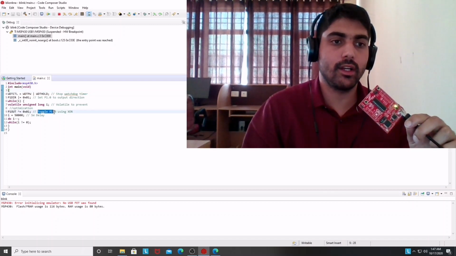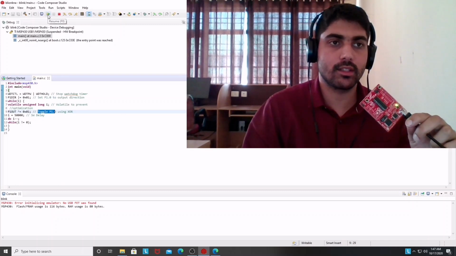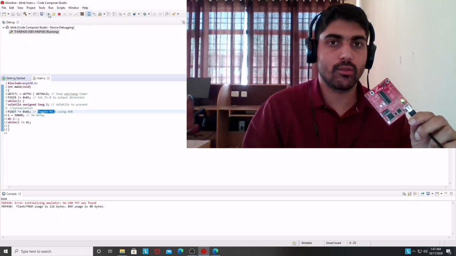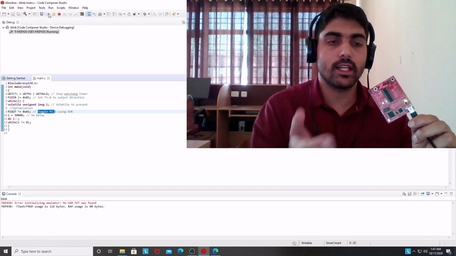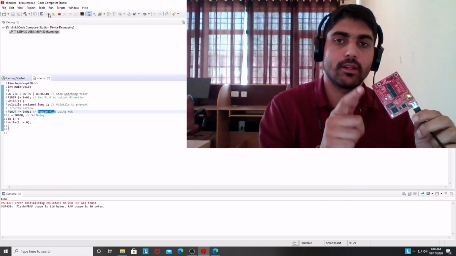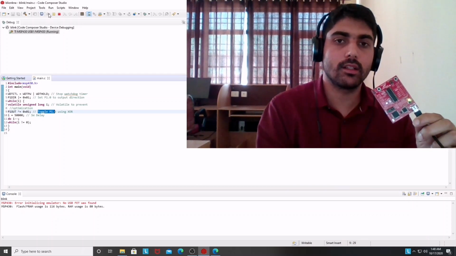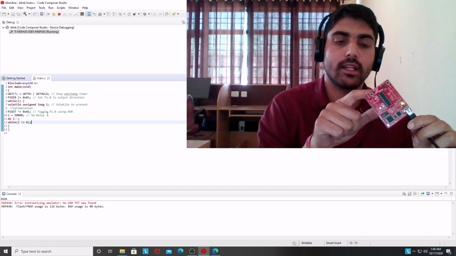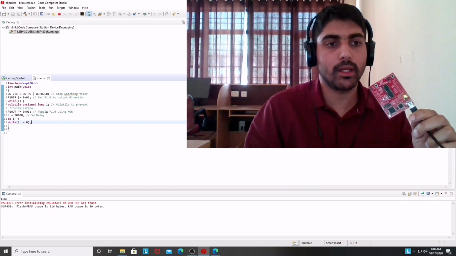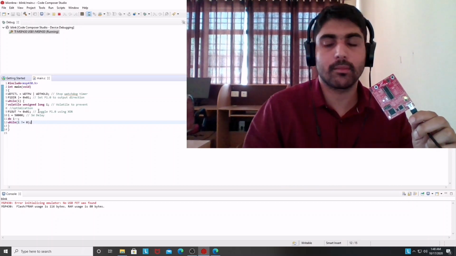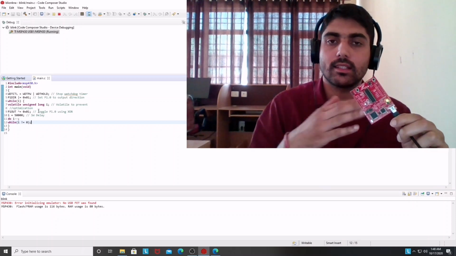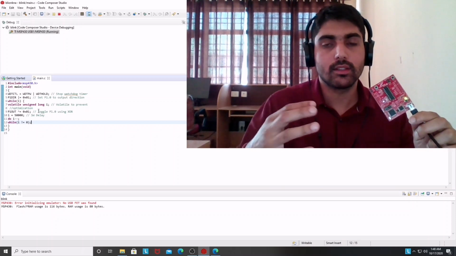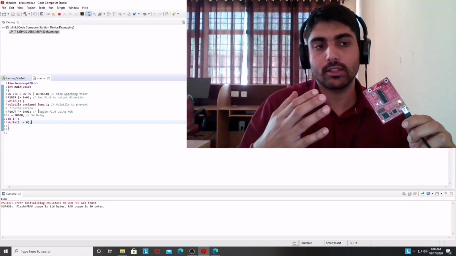So this LED will toggle now. When I press resume on this button, you will find the processing has been resumed to give the output as per our program. I have connected the LED to P1.0 already, that is there in this MSP board, and I am asking the pin to toggle the value. It means I am giving value 1 and 0, as it is connected to the red LED. So the red LED is, you can see over here, being toggled.